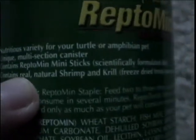So on the back here, it just says more stuff about themselves. Multi-selection canister contains real natural shrimp and krill, and contains Reptimin mini sticks. Here's the feeding guide. Now this is what I was interested in. This is where they tell you a lot. So they said,